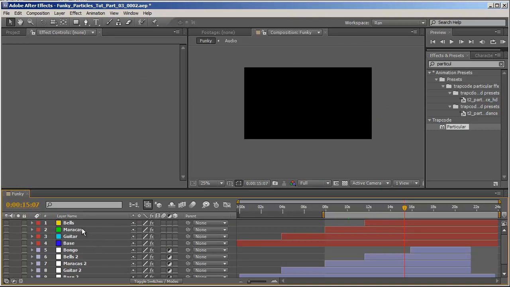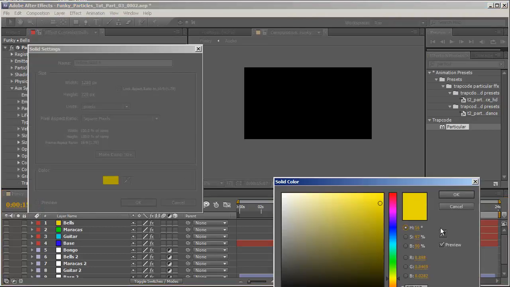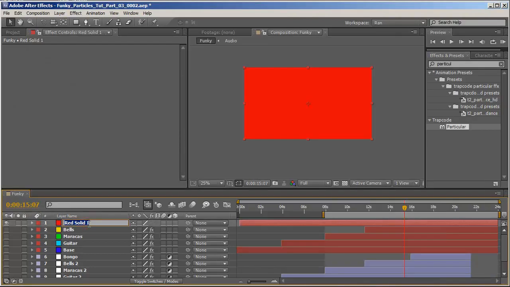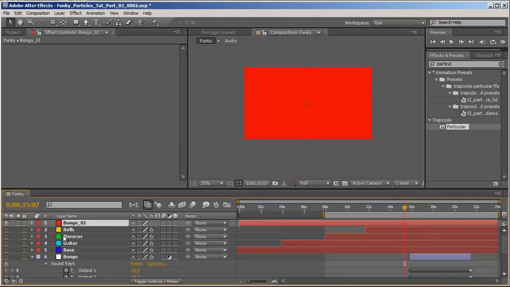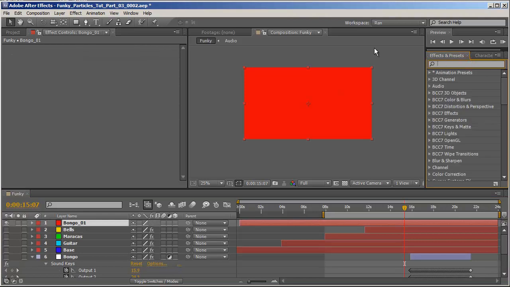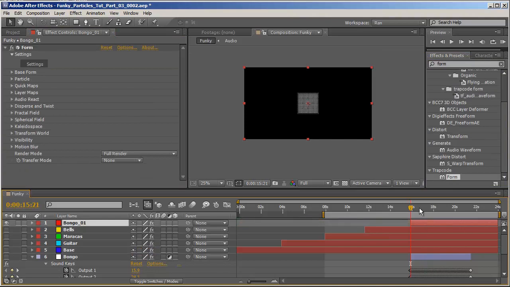Last but not least, let's set the bongos. Okay, create a new solid, make it red, and let's call it bongo 1. For the bongos, let's first actually reveal the outputs. Now for the bongo, I won't use a particular. What I would like to use is form, and let's set the start of the layer to be over here,